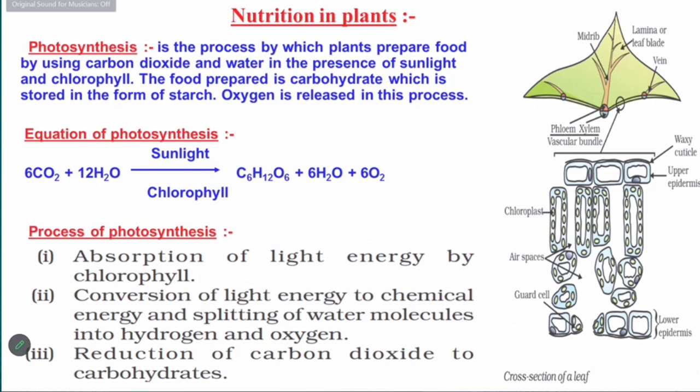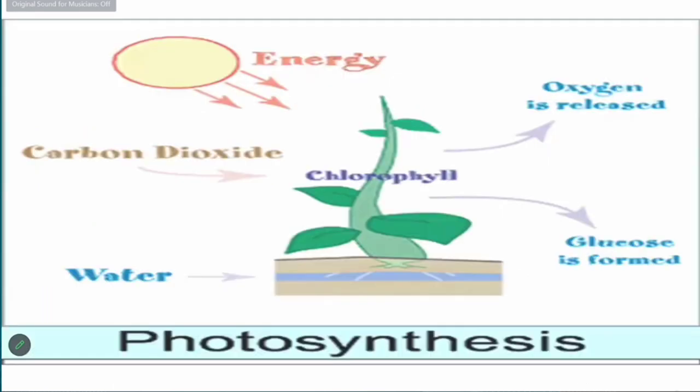And inside the leaf or green part of the plant, that is in the chlorophyll, there is conversion of light energy to chemical energy. So energy is converted into the bond. And splitting of the water molecule into hydrogen and oxygen, that is the photolysis of water. This process is known as photolysis of water. Photo means light, and lysis means breakdown. So splitting of water molecule into hydrogen and oxygen, and reduction of carbon dioxide to carbohydrate. So this is the schematic diagram. You will be able to understand, my students, that the energy